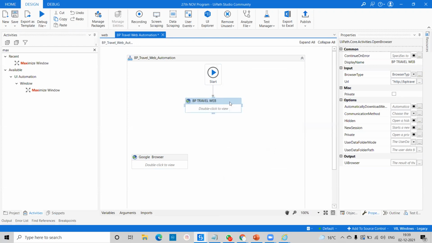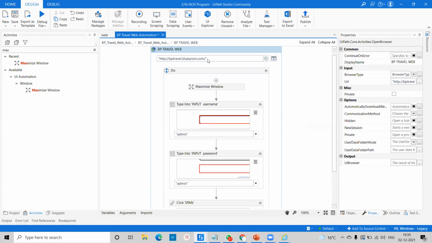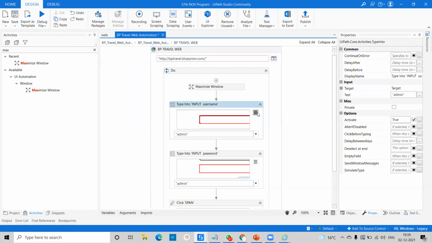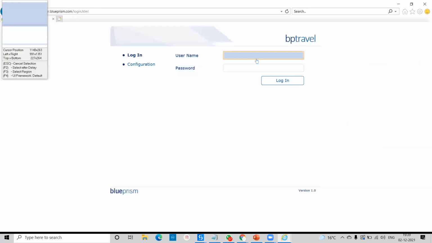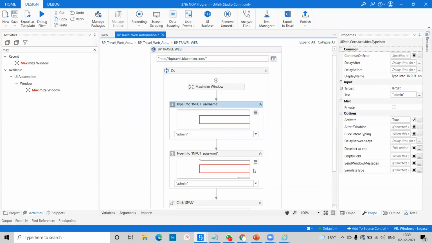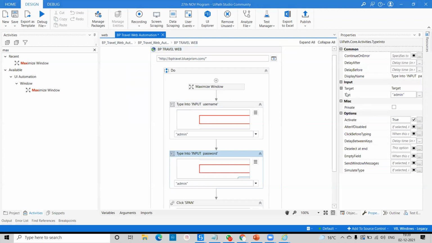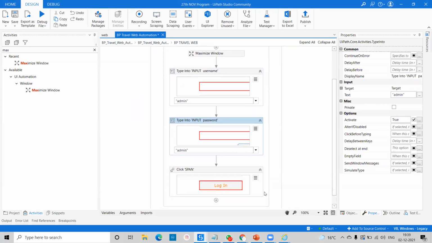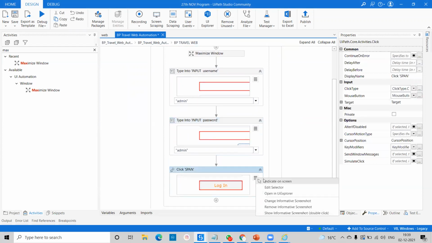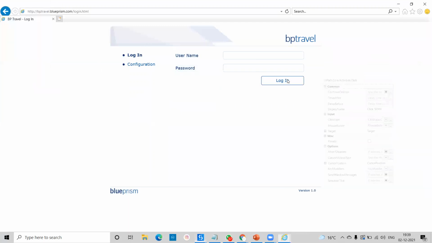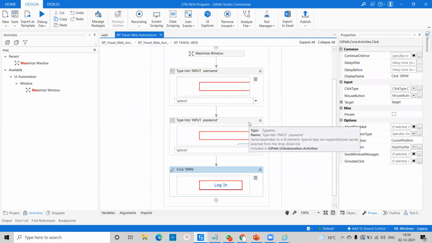Okay, so this is your web travel. You pass this in double quote. If you want, you can create a variable and pass things. Again I'll try to spy, indicate on screen. Right now we'll go for the username and again I'll go for the password. So we'll pass the indicate on screen. Here we can pass this login again. This type of things we can pass.